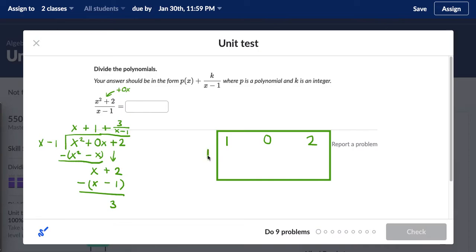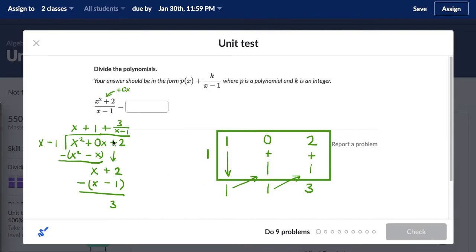So it's a positive 1. All right. I'm going to use that as a multiplier as I go along. Okay. So pop down here with the 1, multiply this 1 times 1, and it goes right up here. Okay, add these two together, I get 1, and multiply 1 times 1 again, and put your solution right here. Add these two together, and there's your remainder right here, and we'll see our